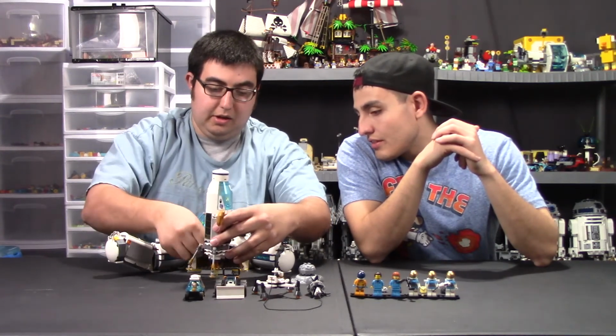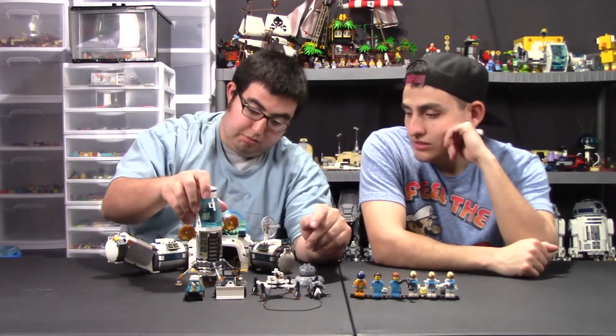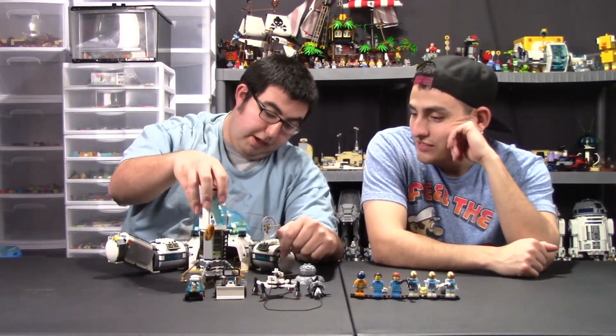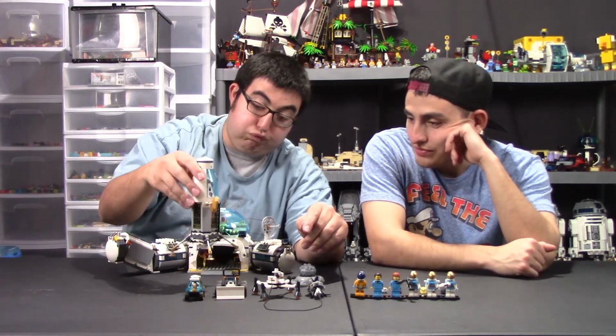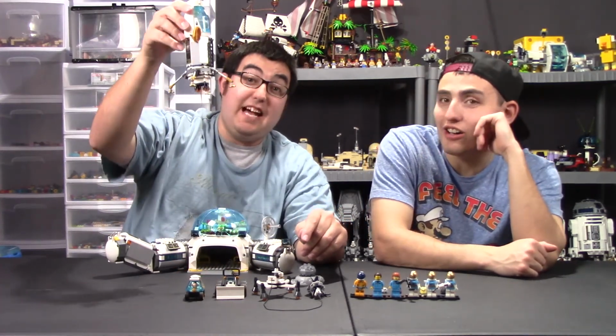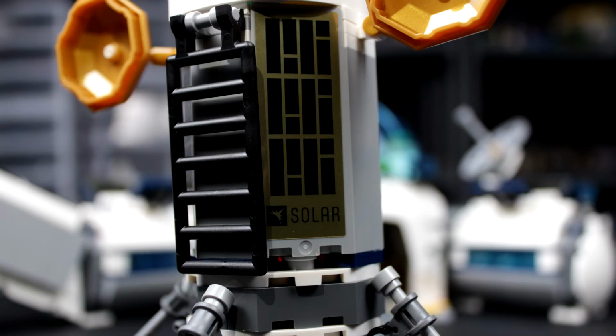the landers all extend. The fire goes in. The fire completely disappears. Well, for the most part. There's a little bit of tip fire. So it's just like, woo! It's like lift off. There it goes. Look at that fire. That's very cool. I love that. And then you have the ladder here to get up into the cockpit, and you have solar